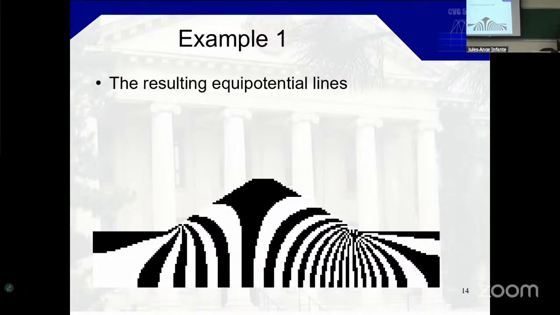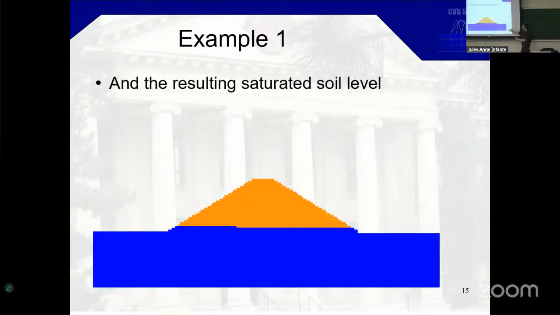And if you get the pressure head, you can say, if you're below zero, give me one color. If you're above zero, give me another color. And again, this one was boring because the elevation difference wasn't too high. So we're gonna make a more interesting example. But basically, if the pressure head is larger than zero, then you're below the water line. If it's smaller than zero, you're above the water line. So you can use this to identify your phreatic line easily on your drawings, just on a spreadsheet. Okay, so this is the kind of thing that you can do